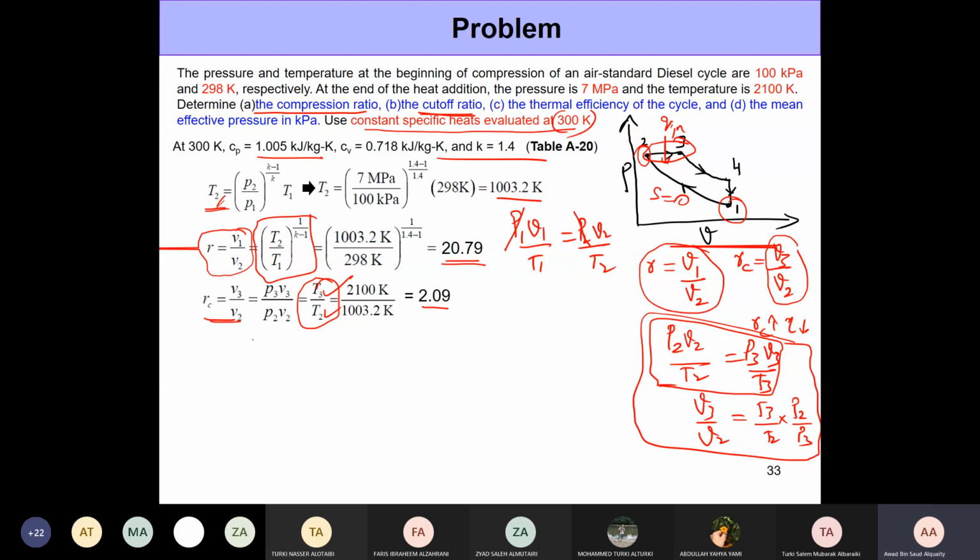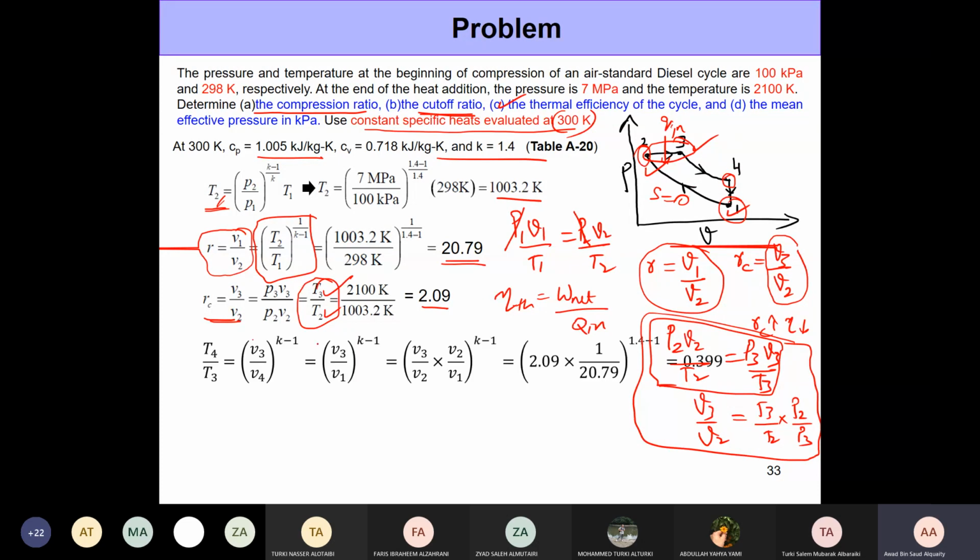Now we need to go ahead and determine the thermal efficiency. For us to determine the thermal efficiency, we need the net work done during the cycle divided by Qin. Okay, so the net work done during the cycle can either be determined as Qin minus Qout, or you could also determine it as W out minus W in. Okay, so if you are determining W out or Q out, we have to determine the temperature at state 4. We have temperatures at state 1, 2, and 3. But we need temperature at state 4 to determine the work output completely. And that's what we need to do now.